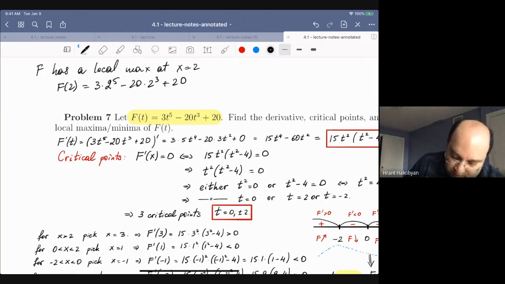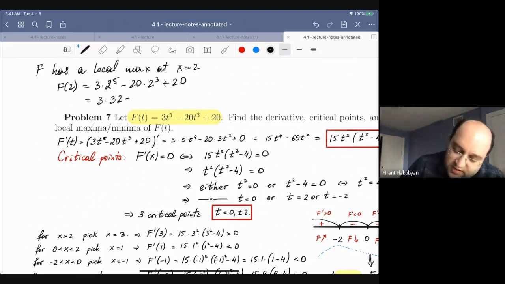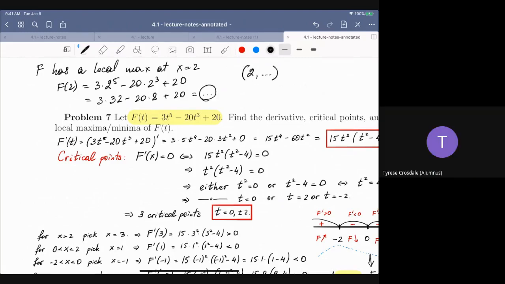And then I solve what it is. So 3 times 2 to the power 5 is 32, 32, right? You just plug it in. So after you find the local max, then you can write, so you got this number, 3 times 32 minus 20 times 8 plus 20, so you got some number, so your answer is going to be 2 and whatever this number is,